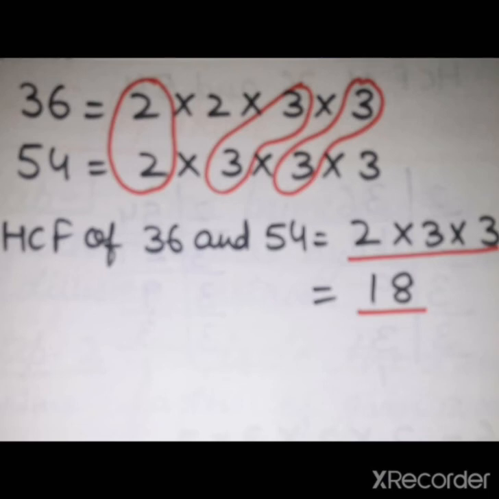Now we will follow the third step. What is the third step here? We have to find out the product of common prime factors. So students, you can see that the first pair of 2 is 2. So I will write the first number here, 2, and then we are making the group of this 3. Then I will write 3 here, and then again we have one more group of 3. So I will write 3 here again. Now I will multiply these 3 numbers and I will get 2 into 3 into 3 as 18. So students, HCF of 36 and 54 is 18 here.